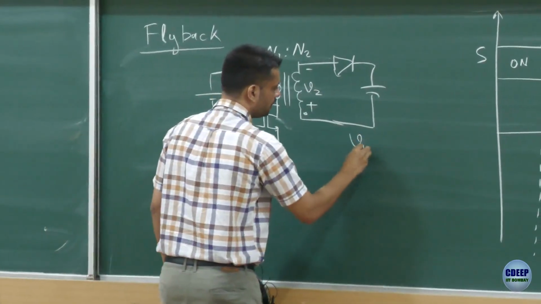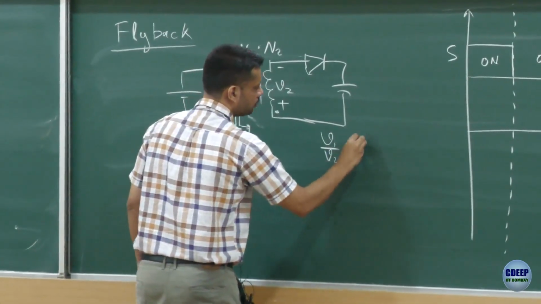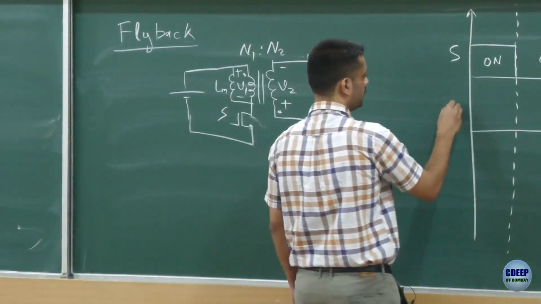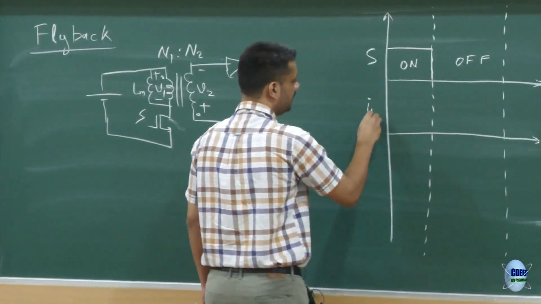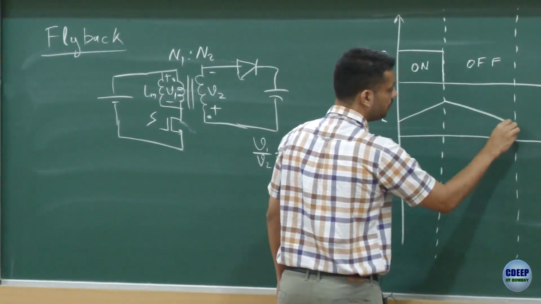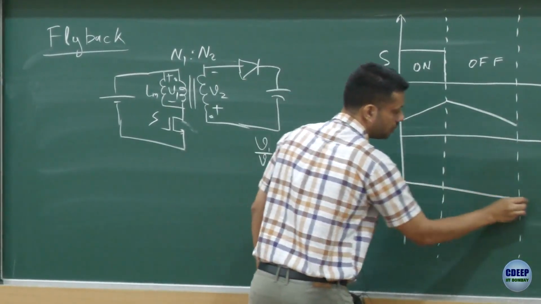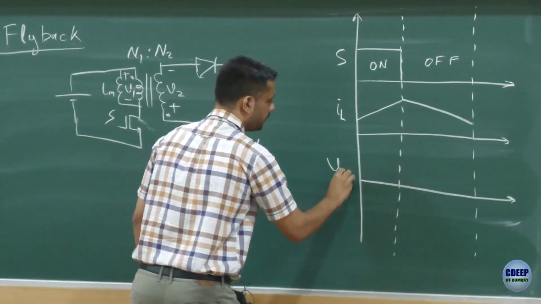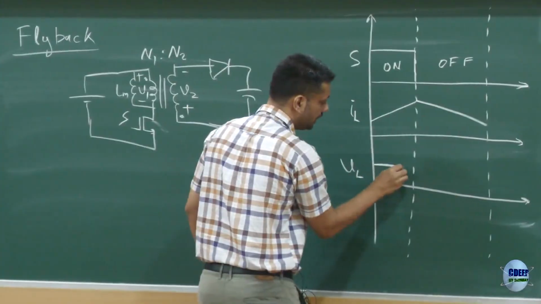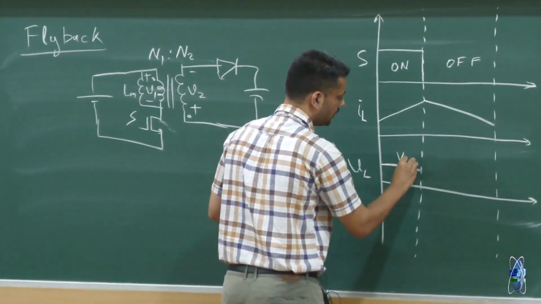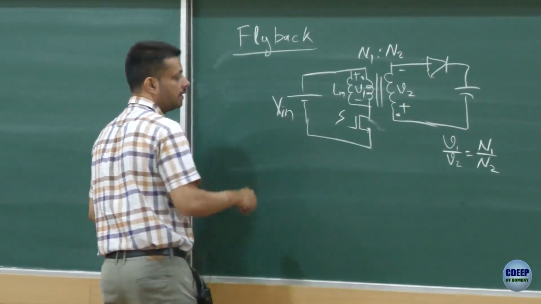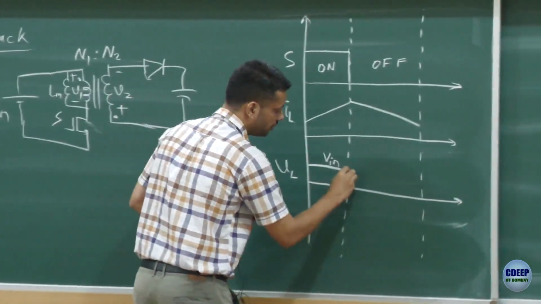We know V1 by V2 is equal to N1 by N2, and last time we did find out that the inductor current would go up and come down. When the switch is on, the voltage across the inductor is nothing but equal to Vin, where this is your input voltage Vin, and when the switch is off, the voltage across the inductor is